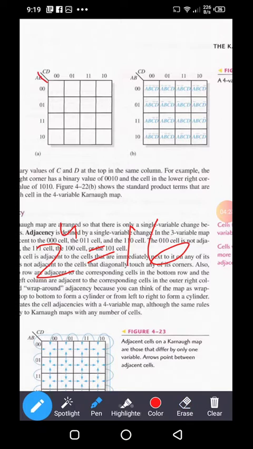You can see variable A, B is written below the diagonal line and variable CD is written above the diagonal line. So there are 4 rows which are representing the binary values of variable A and B, and 4 columns which are representing the binary values of variable C and D.